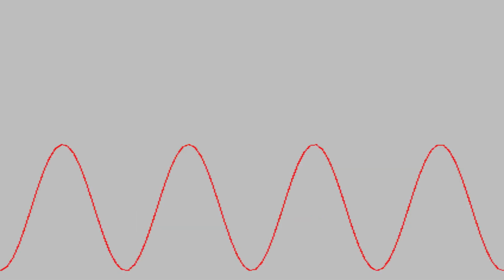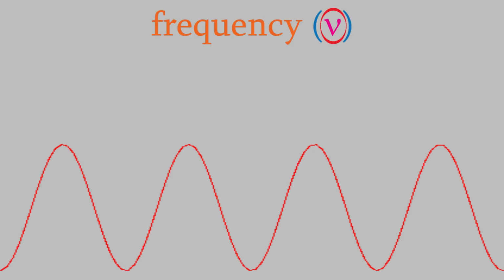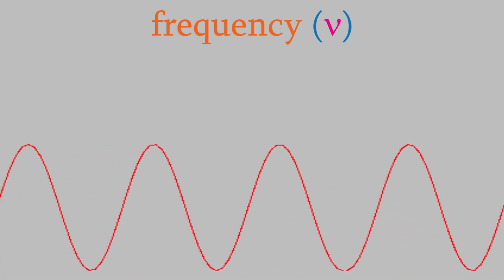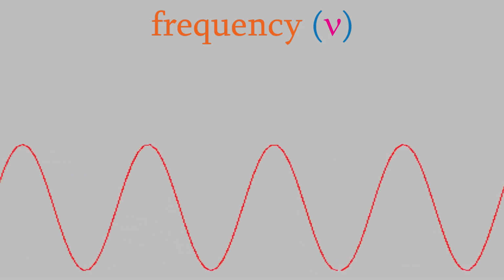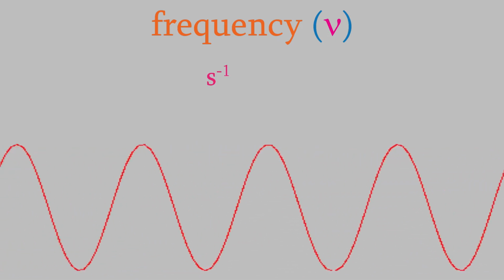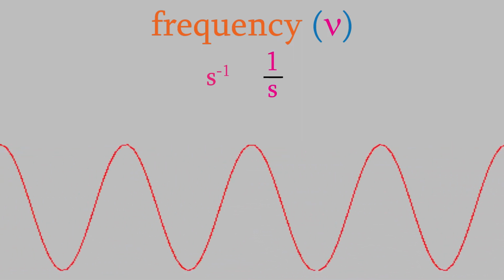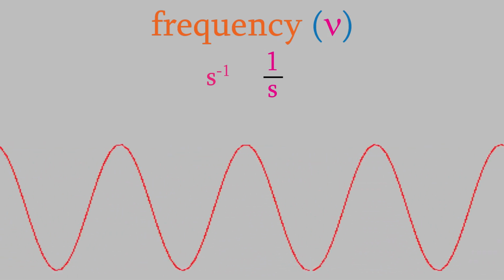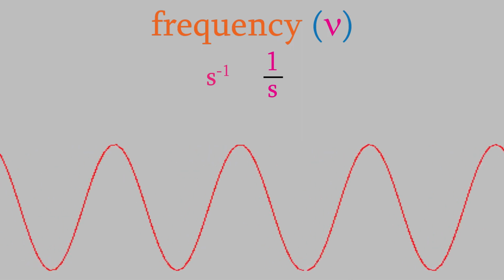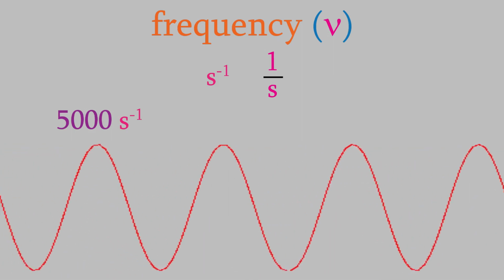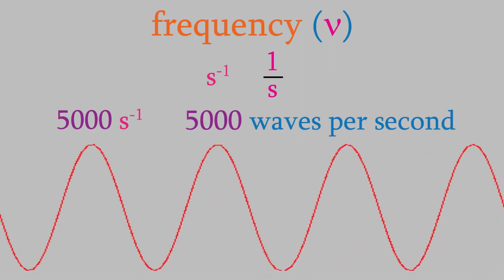The next property of waves we want to talk about is the frequency, which has this symbol, the Greek letter nu. It looks a bit like a letter V. Remember, light waves are in motion, and the frequency tells us how many waves go by in 1 second. For that reason, the units for frequency are seconds to the minus 1 power. Another way to think of this unit is 1 over seconds. This seems like a really weird unit at first, but it makes more sense if you think of the unit as meaning per second. So, for example, if the frequency is 5,000 seconds to the minus 1, it means that there are 5,000 waves that pass by per second.